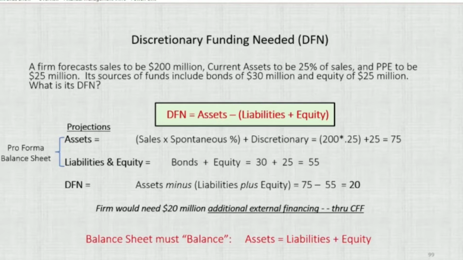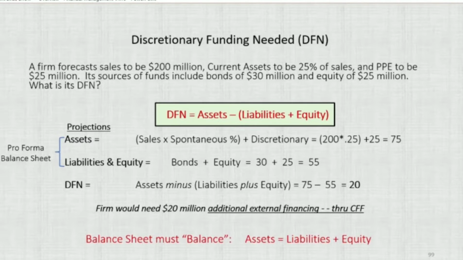We then add the 25 million plant and equipment. So our total assets are projected to be 75 million. Then for liability and equity, we're given bonds of 30, equity of 25, their sum 55. So DFN, assets minus the sum of liabilities and equity, or 75 minus 55, gives us a DFN of 20. That means the firm would need to issue $20 million of external financing, that is, sell stocks and bonds